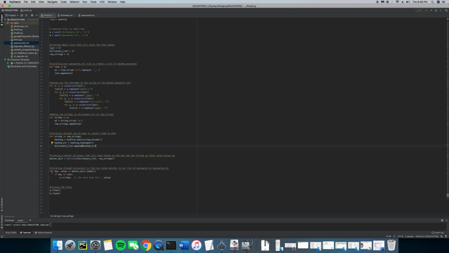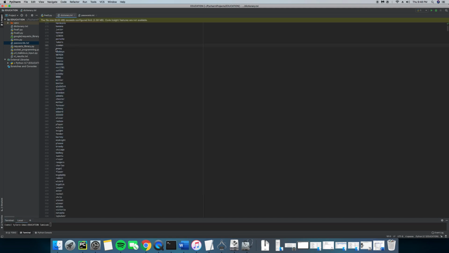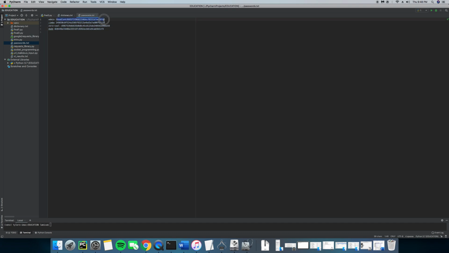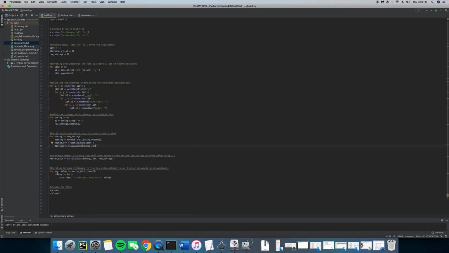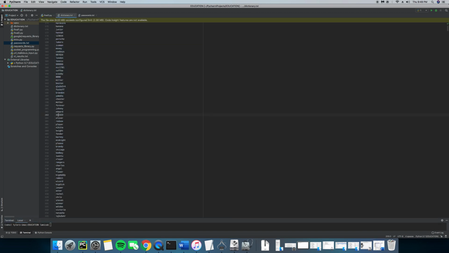Now we need to iterate through that dictionary to determine if any of these, when we encode them, are these right here. We want to reverse check them. That's what we're doing here. So we're saying for key, value in master dict dot items. Dot items is a way to iterate through your key and your value within a dictionary. We're saying if key in lists. We're saying if the key, which the key is going to be right here, if this is in